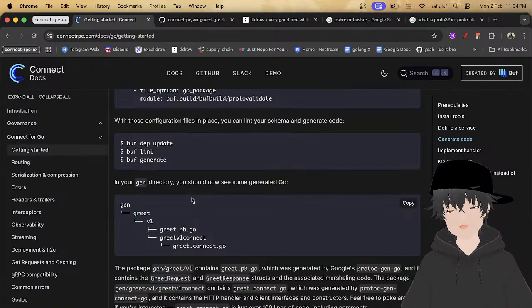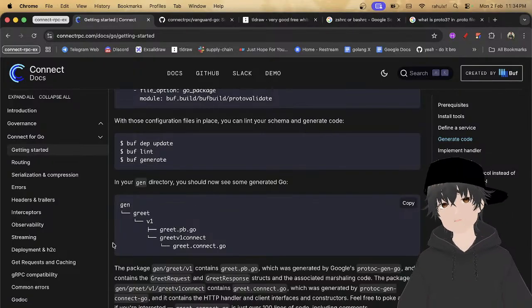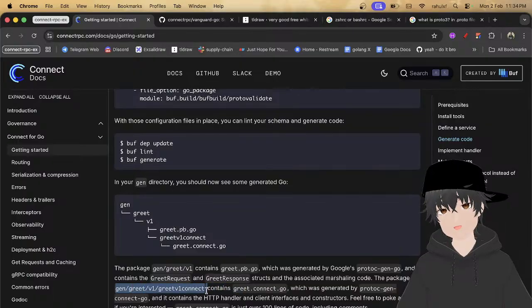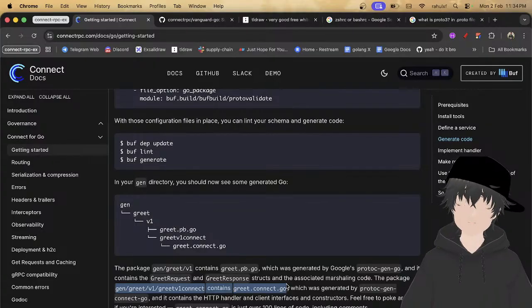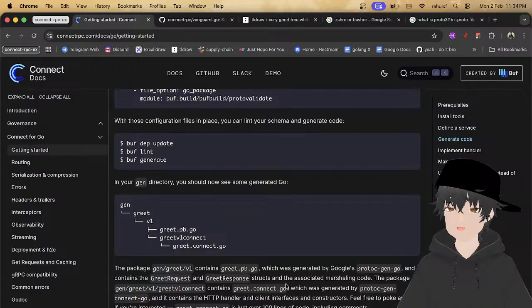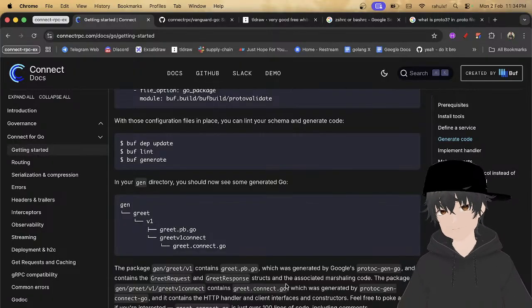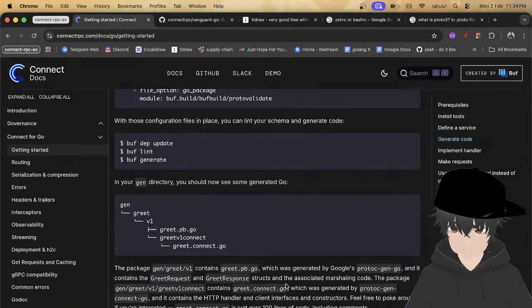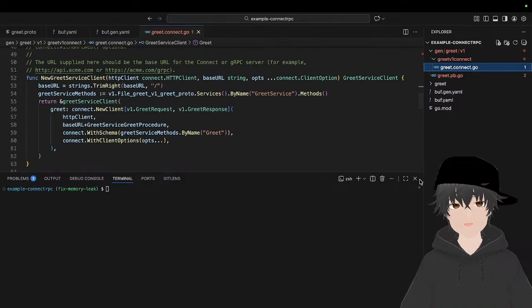The package gen/greet/v1/greetv1connect contains greet.connect.go, which was generated by protoc-gen-connect-go, and it contains the HTTP handler and client interface and constructor. Feel free to poke around if you're interested. So we have seen this.